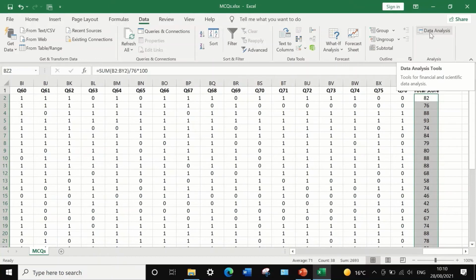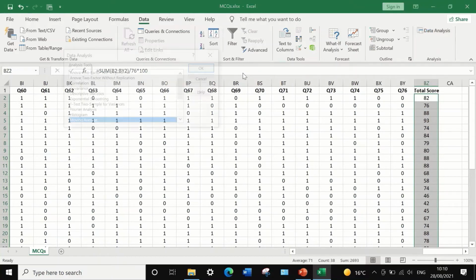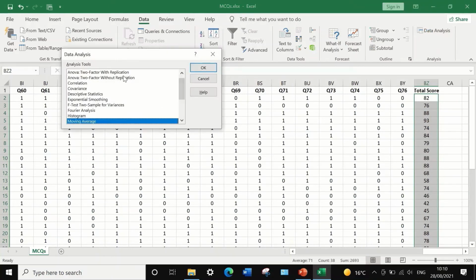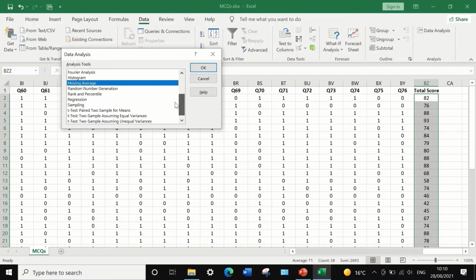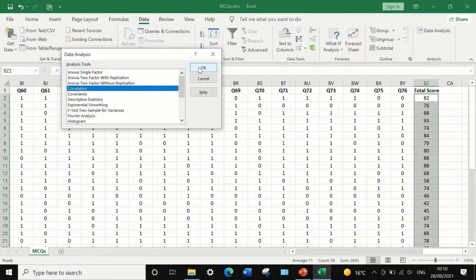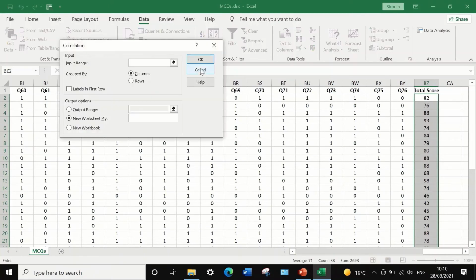If we click on Data Analysis, here we have a list of tools or tests to use, and we're going to select Correlation, since we are looking at correlation, and this will use the Pearson correlation coefficient. If we click on OK,